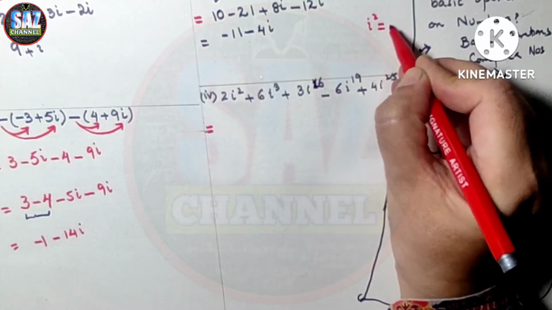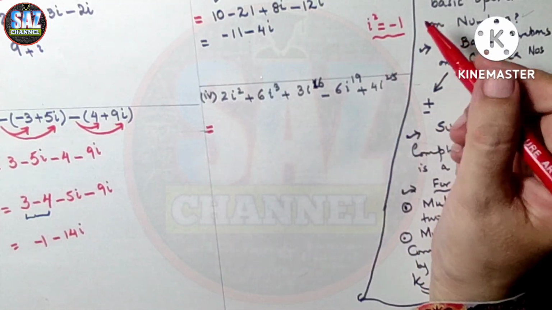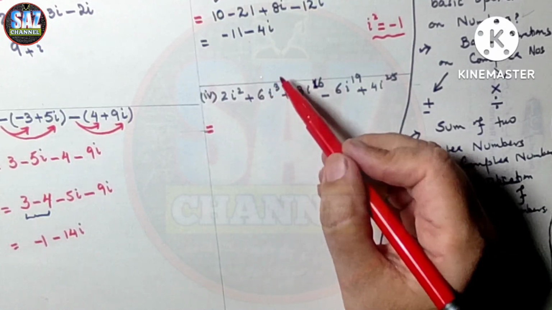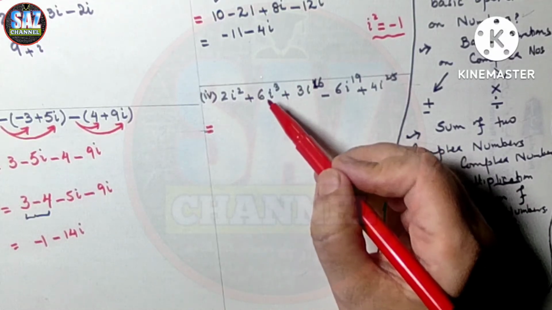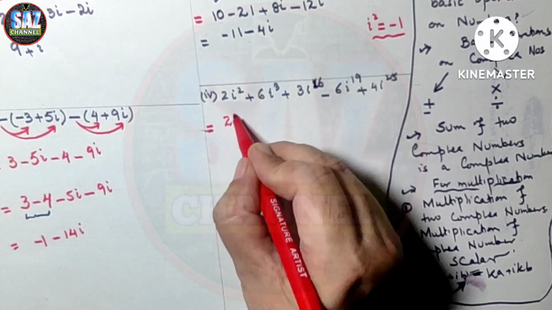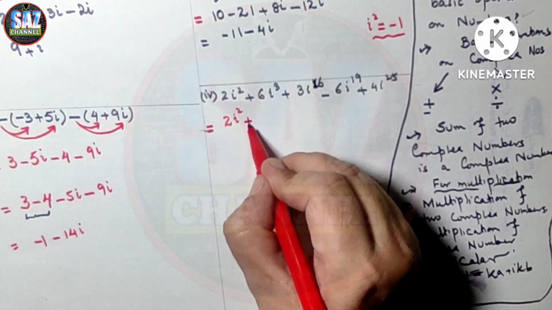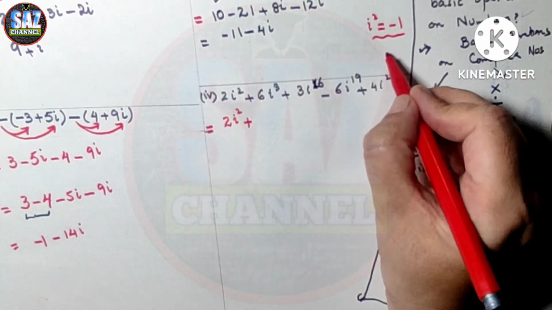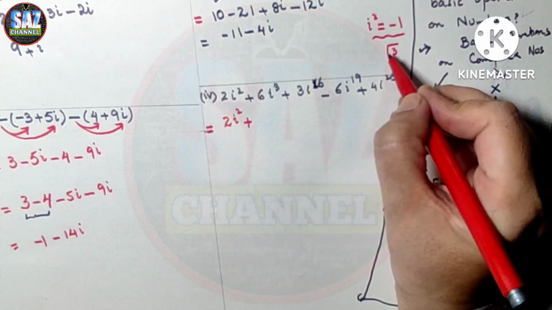equals minus 1. This is one of the important rules and results that we have to keep in mind. So, what are we going to do? We have to express every power of iota which is more than 2 in the form of powers of iota square. So, here in the beginning we have iota square, so I will write it as it is, and for 6 iota cube, if you find any difficulty, you can recall my previous lesson